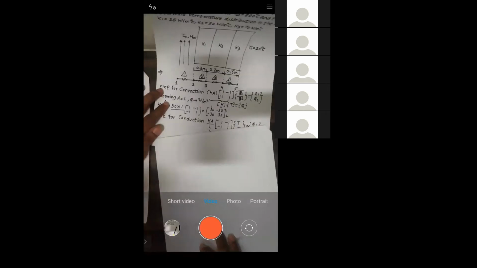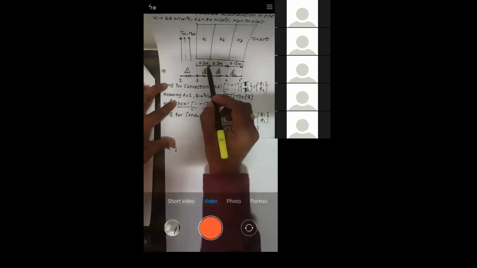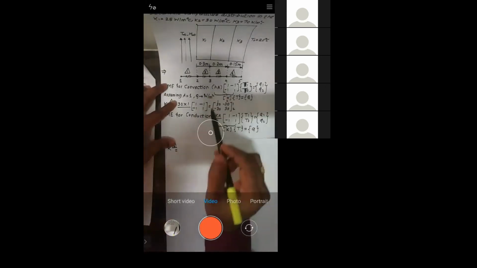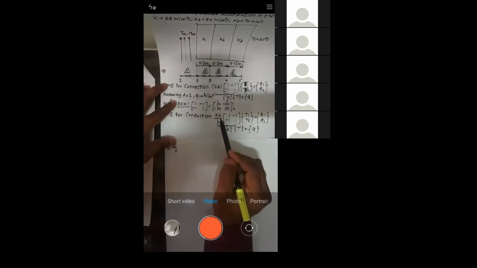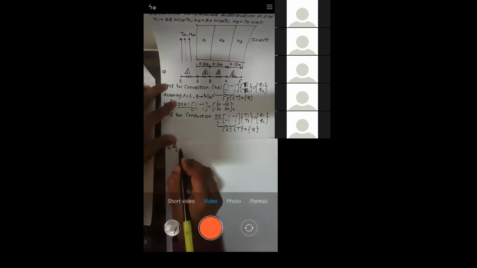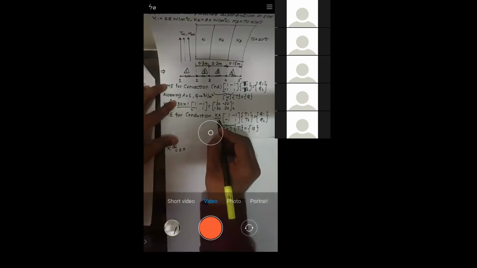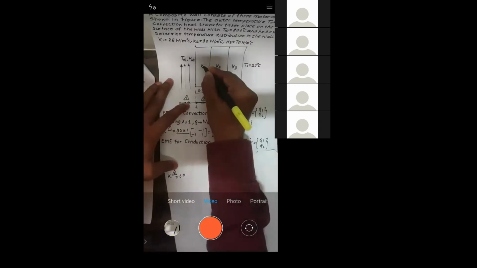We need to apply it for element number 2, right? So tell me, what is the value of the stiffness matrix for element number 2? What is the length? Length is nothing but the thickness. What is the meaning of length here? It is the thickness through which the heat is flowing, right? So you have it as 0.3. Okay, length is 0.3. Let's start with the conductivity. What is the conductivity K for element number 1, that is K1? And what is the value of K1? 25.